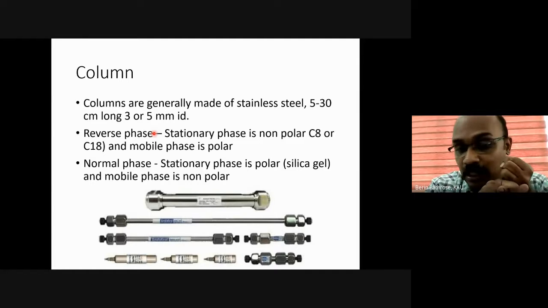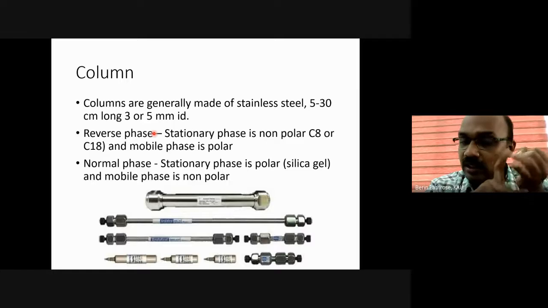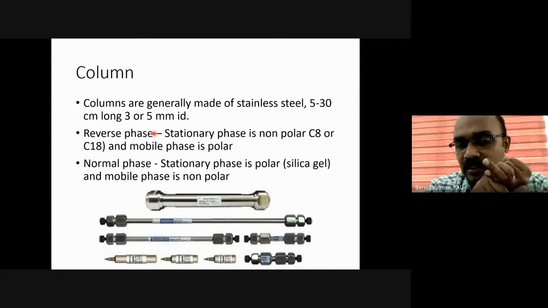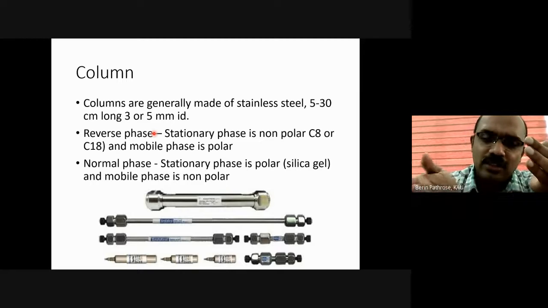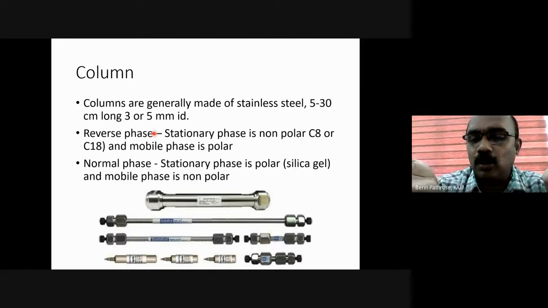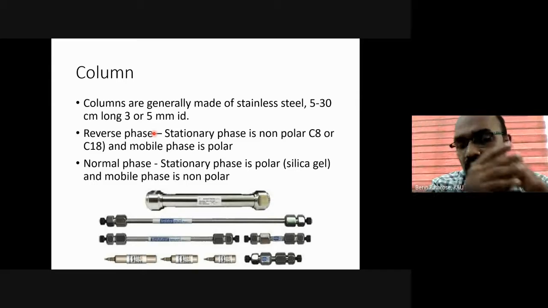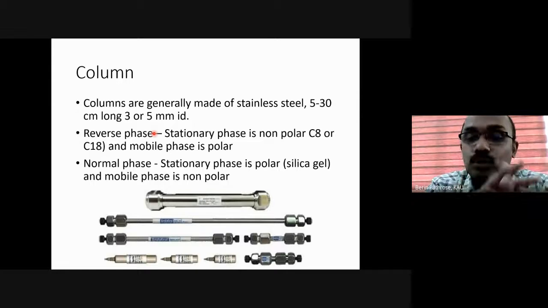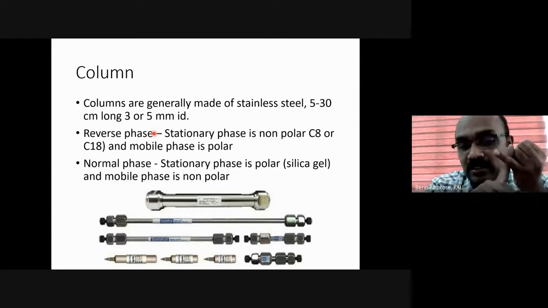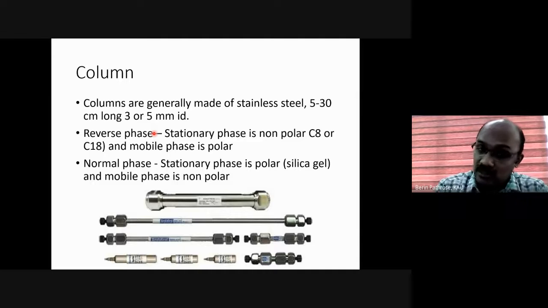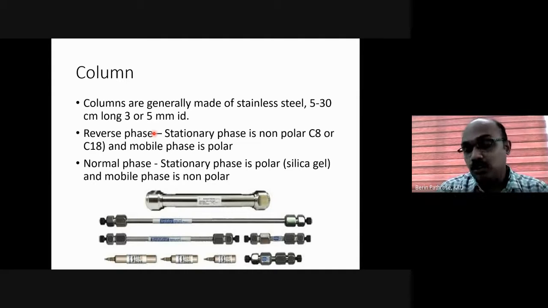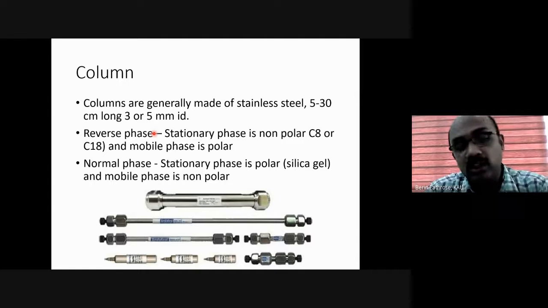Water is an extremely polar solvent, and methanol also has polarity similar to water, and acetonitrile is slightly polar. It is in the beginning part of polarity. So we use these solvent mixtures, acetonitrile, methanol, or water. Normal tap water won't do, normal distilled water also won't do. We need to use HPLC grade water, very ultra pure inert water.